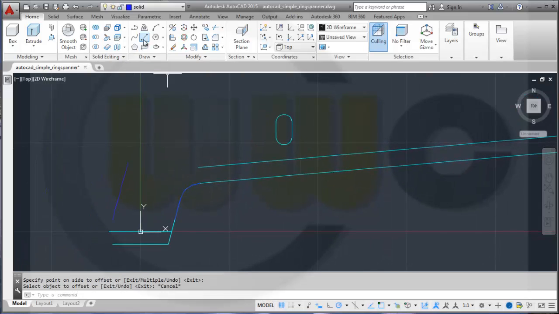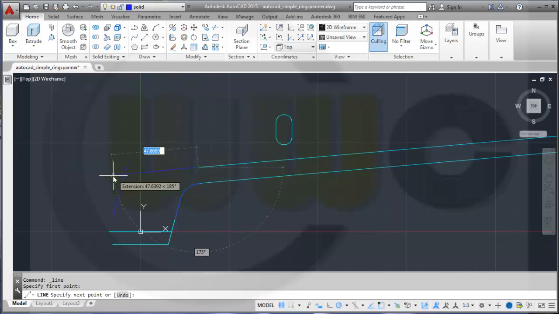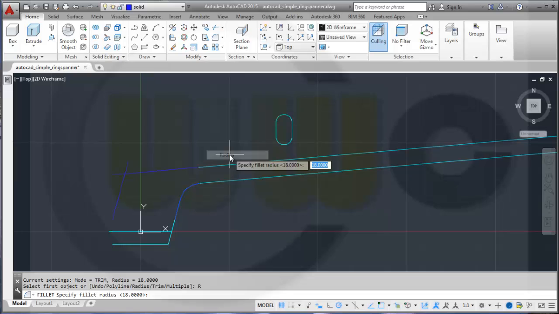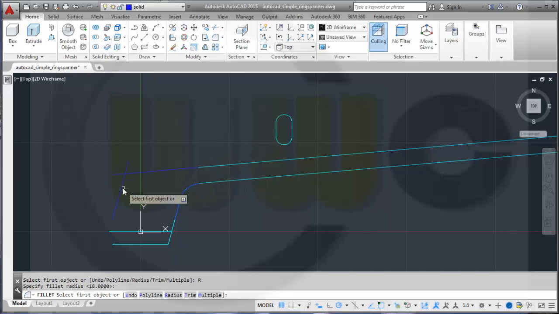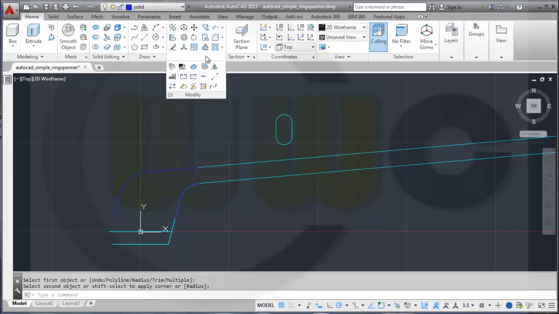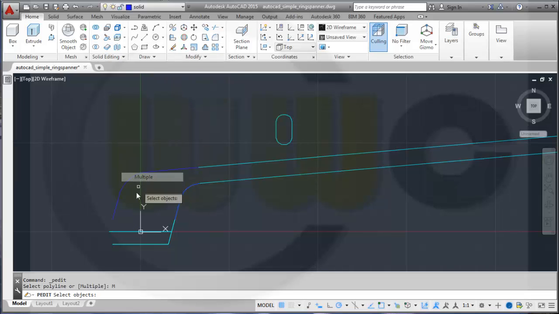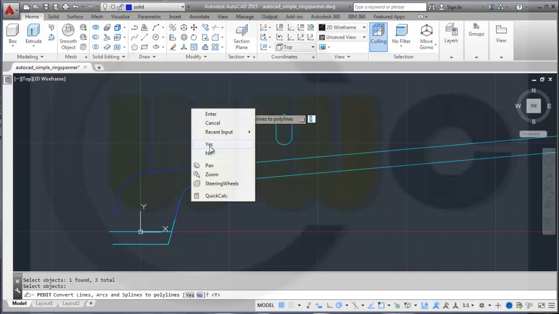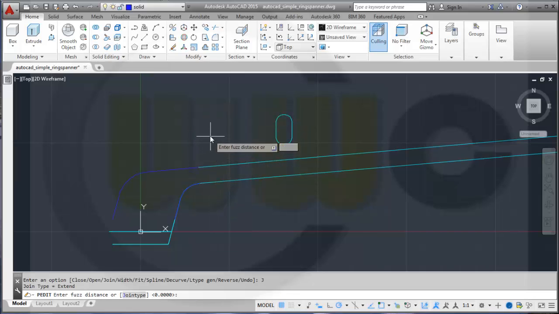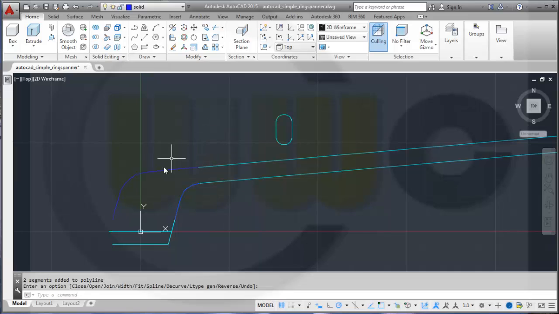Okay, and then I need another line like this, and a fillet, and radius should be 18. Yes. Then change this into a polyline by p-edit, use multiple, use 3 elements. Yes. Join them, fuzzy distance is 0,